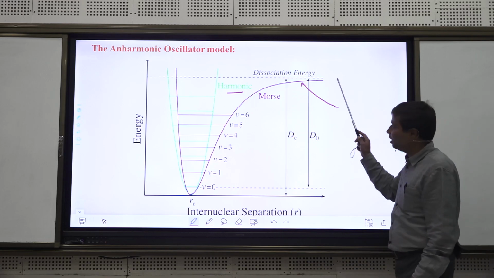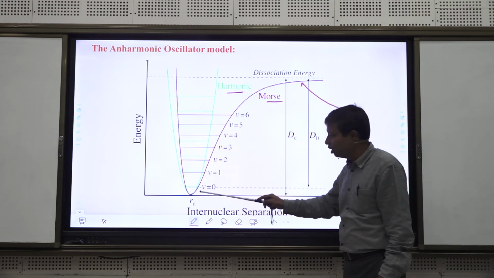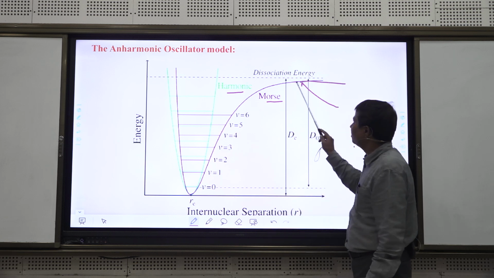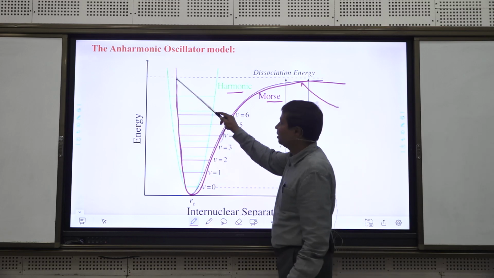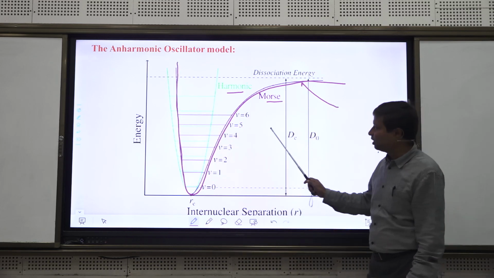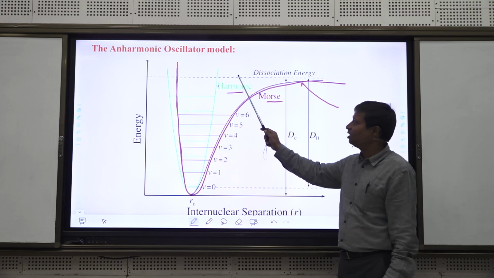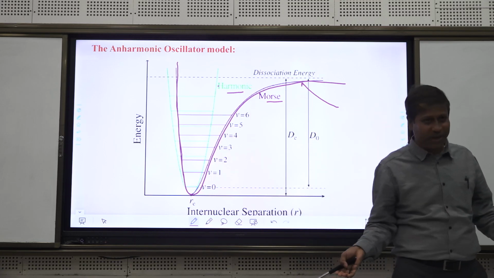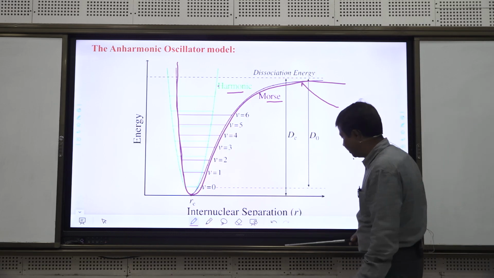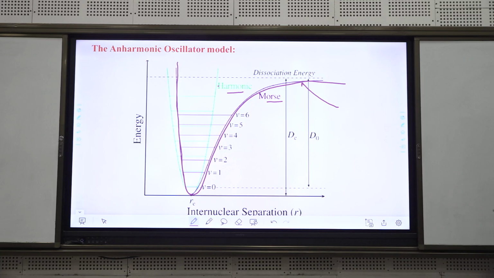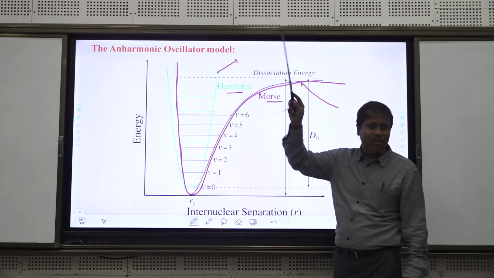So what Morse did is that he empirically gave an equation which satisfies this curve. Okay, this is the curve. So what is the difference between the harmonic and anharmonic? The biggest difference is that in the harmonic case there is no bond breaking, which we should have. Okay, so now what Morse did in this case, your energy expression